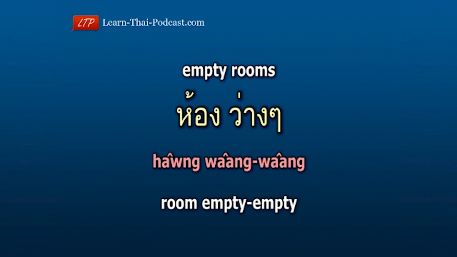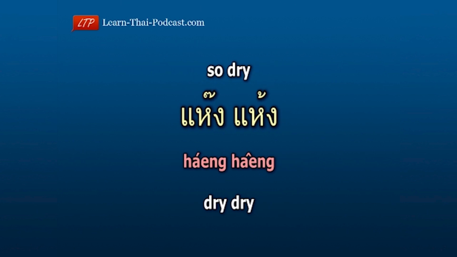Another way to modify adjectives by duplication is to change the tone of the first adjective to a high tone, followed by the next adjective with a normal tone. Doing this indicates that you stress the meaning of the adjective. For example, so dry. แห้งแห้ง